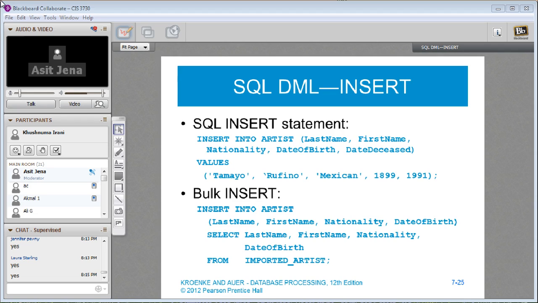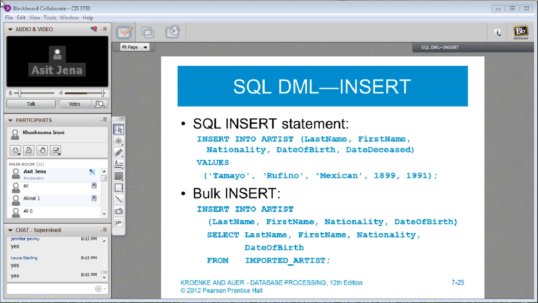So this is the order of this. Last name will go to last name, first name will go to first name, nationality will go to nationality, date of birth will go to date of birth. But really, remember, they don't have to be exactly the same column name. This column name can be different as long as the values that are stored in this column will move to this column. It happens to be they are the same, but they don't necessarily have to be the same.